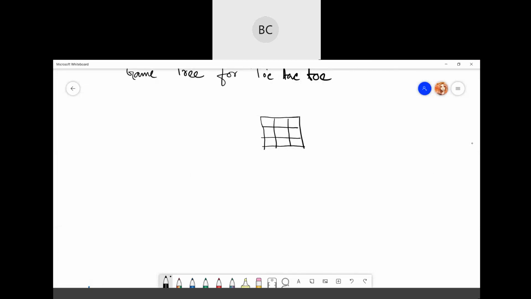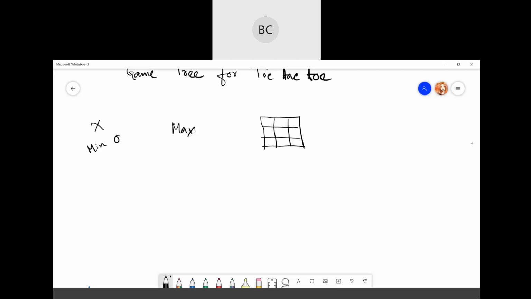Now it's Max's turn to make the move. Max will go with a cross and Min will go with a nought.